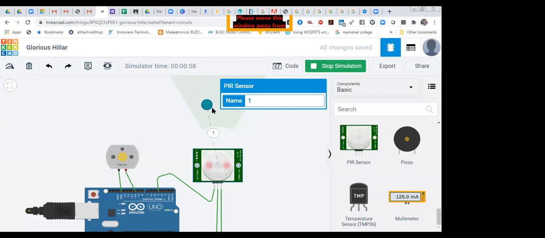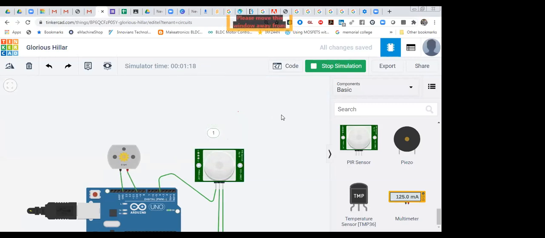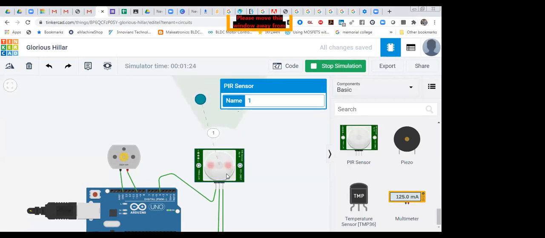So there are many applications of this project: automatic door opening, accelerator, and at your home also. You can mount some buzzer and connect it over here. If any intruder enters your home, the buzzer will ring and you will be able to detect it. This project you can make with an IR sensor also. The IR sensor works with the same digital output it will give. So any digital sensor you can use with this.